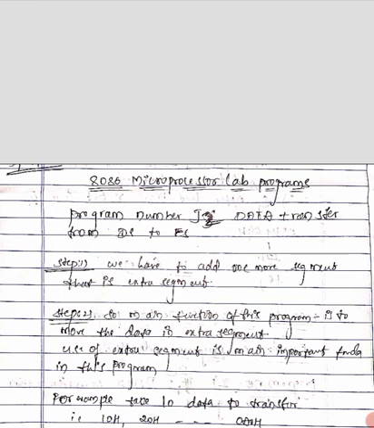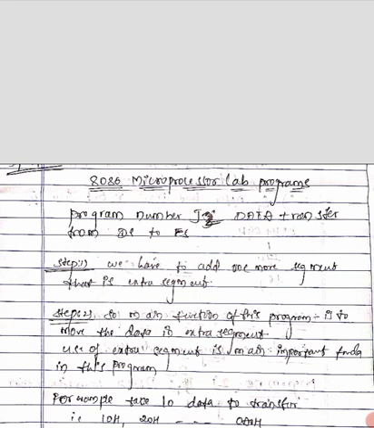For example, I am taking 10 data bytes in this program. You can take any number of data bytes which you want to move or transfer. So I am taking 10 data bytes, that is from 10h, 20h up to 100h, which will be written in hex as 0A0h. This is the idea of this program.